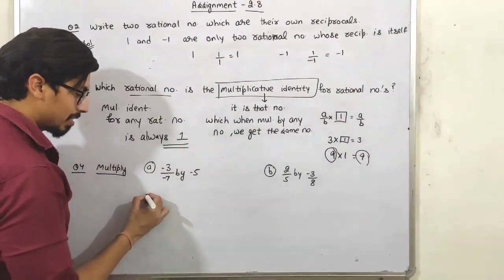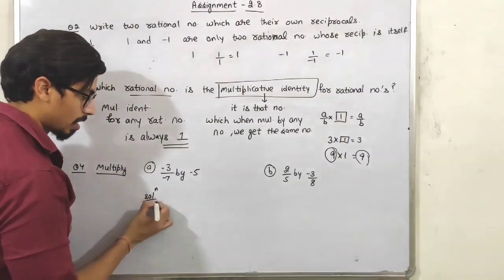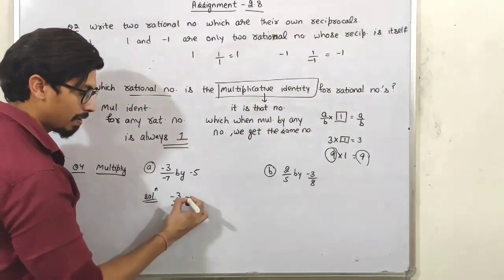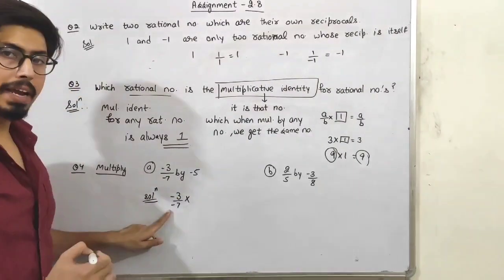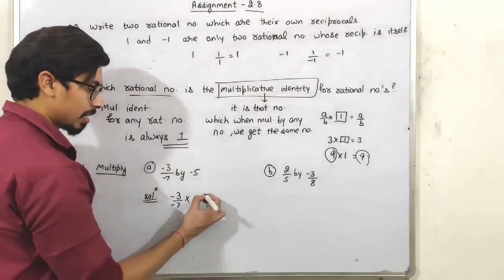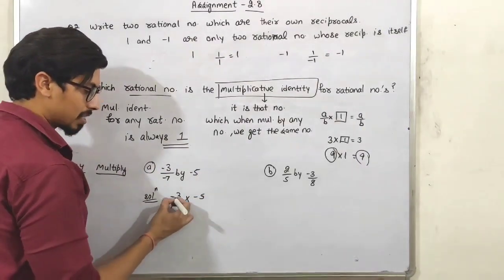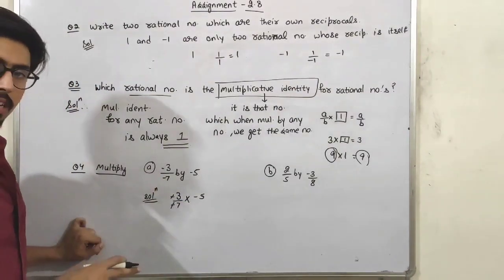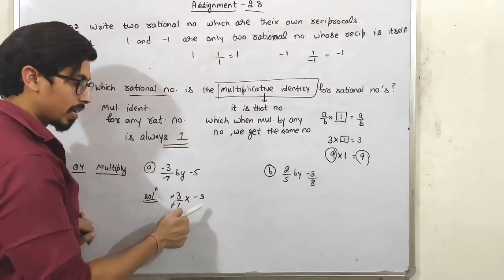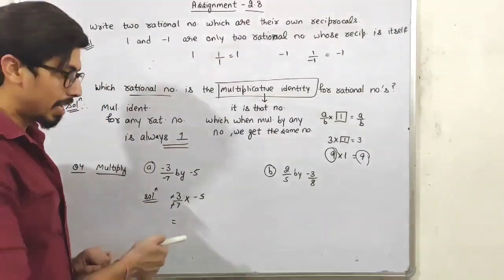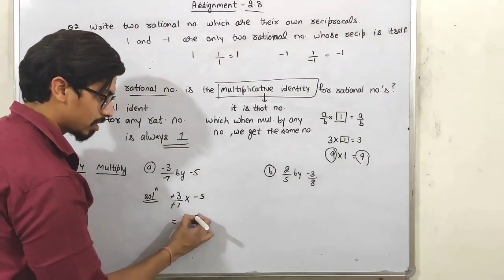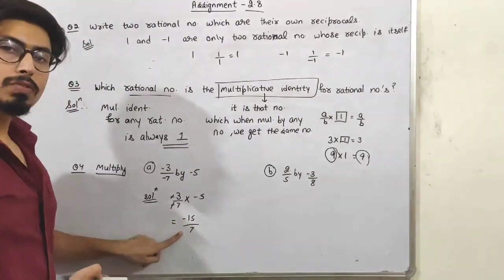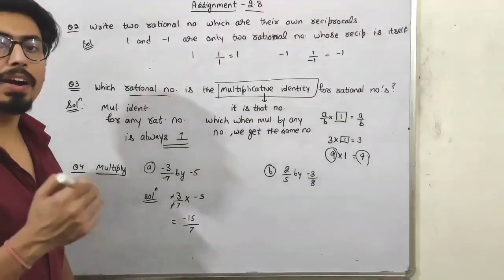So the first part here is we have to multiply minus 3 by 7 by minus 5. Okay. See students, minus can cancel out with minus. None of the numbers is getting cancelled out now, so it can be written as 3 fives are 15, and the minus sign is this, so minus 15 upon 7. So minus 15 by 7 is our required answer.